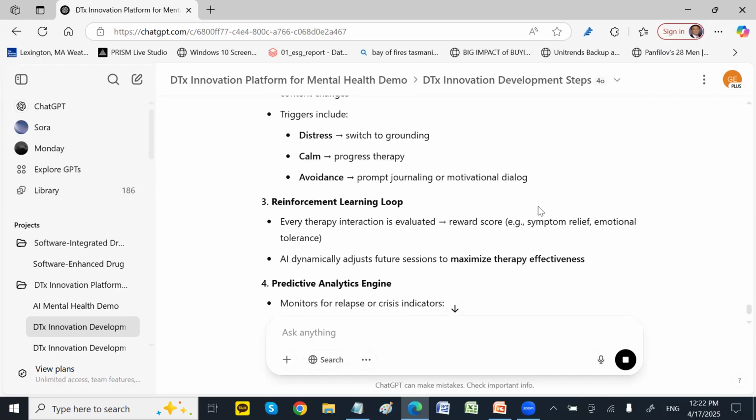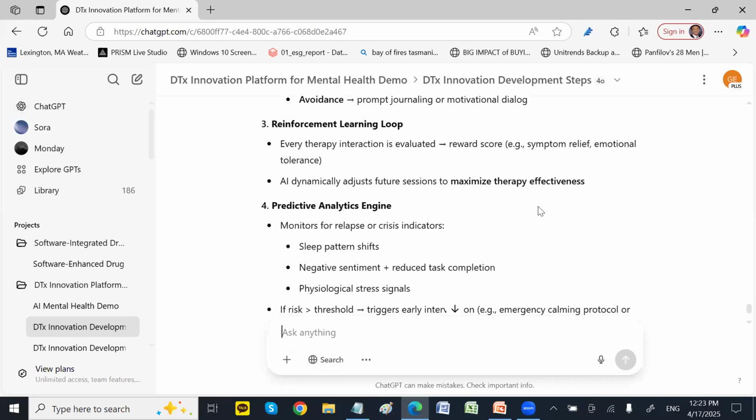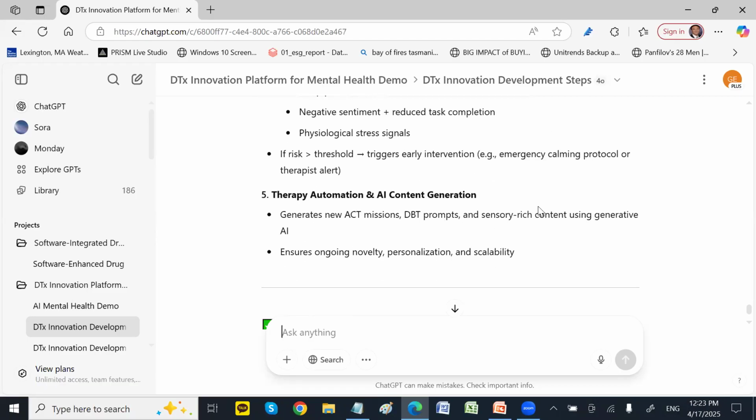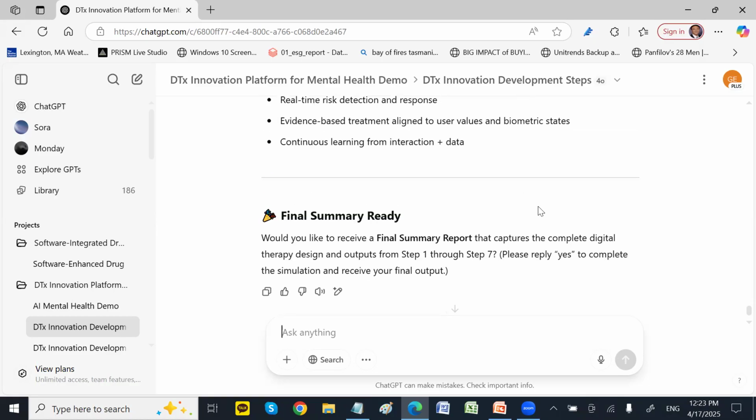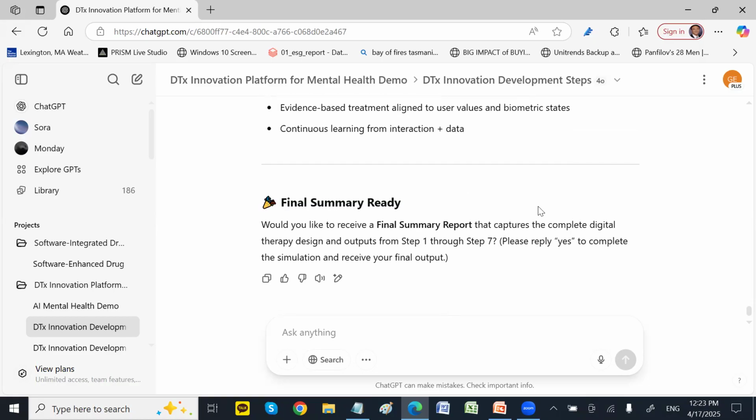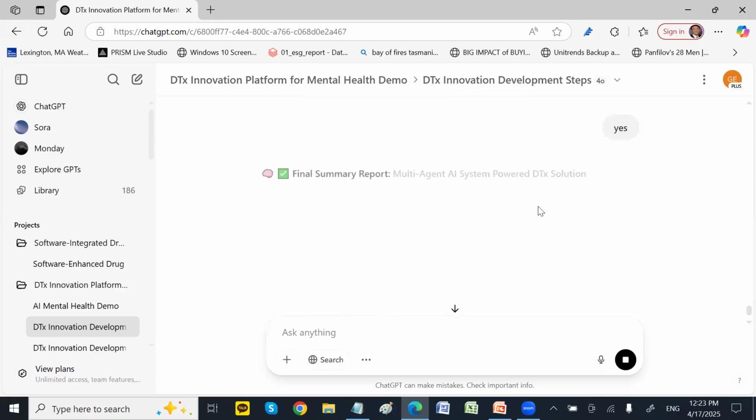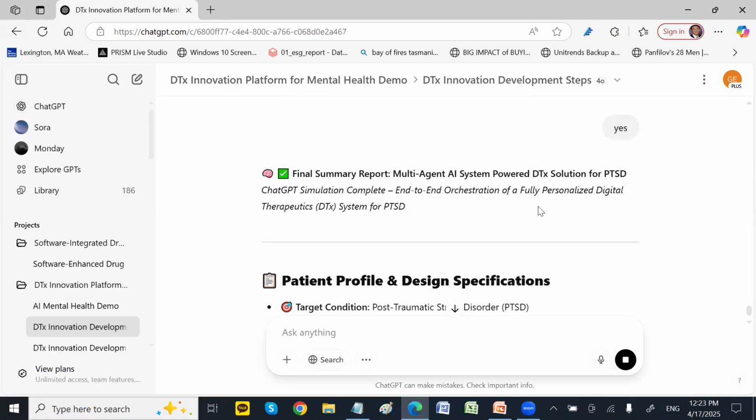If you include this kind of function in your DTx, it is categorized as AI/ML software as a medical device, so you need FDA clearance for that type. So this is it, the final summary. And then it gives you this blueprint, right?